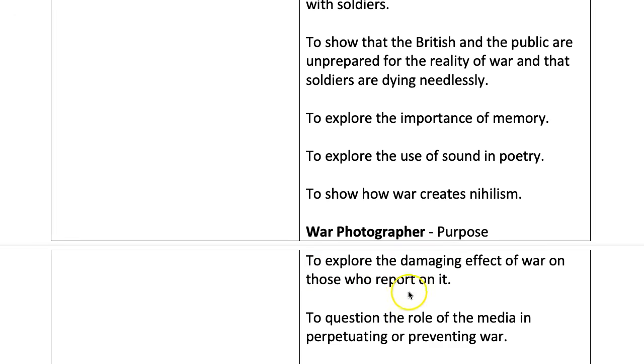And this is quite a sophisticated point because Tennyson got his source material from the Times newspaper. And therefore he is, if you like, reporting second-hand on the war. And I think that damages him as a poet. So he's having to write about the war in a way that ultimately he doesn't agree with. This is a really sophisticated point.